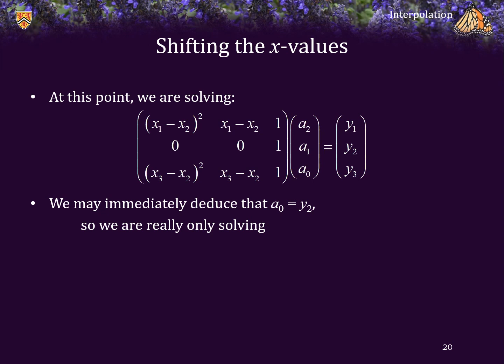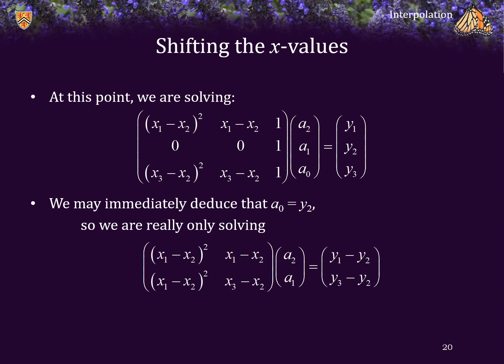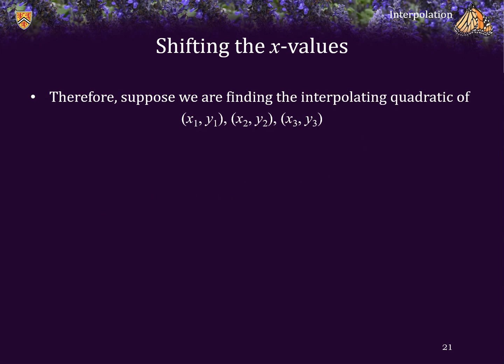Now, from this system of linear equations, we may immediately deduce that the constant coefficient is y2. So we don't even have to worry about it anymore. We're actually simply solving this system of 2 linear equations and 2 unknowns, because A0 is y2. Therefore, to recap,